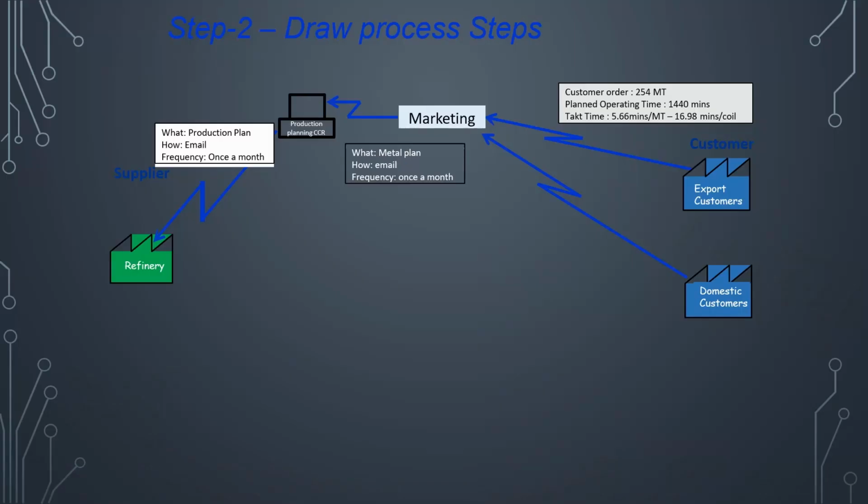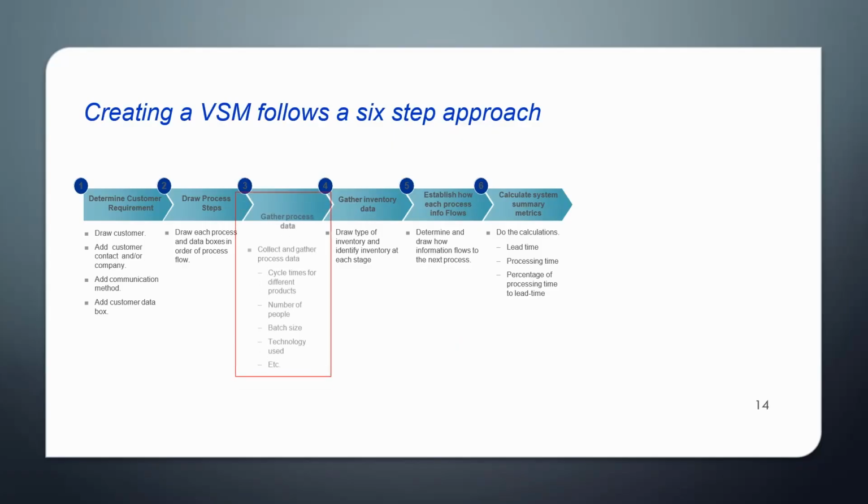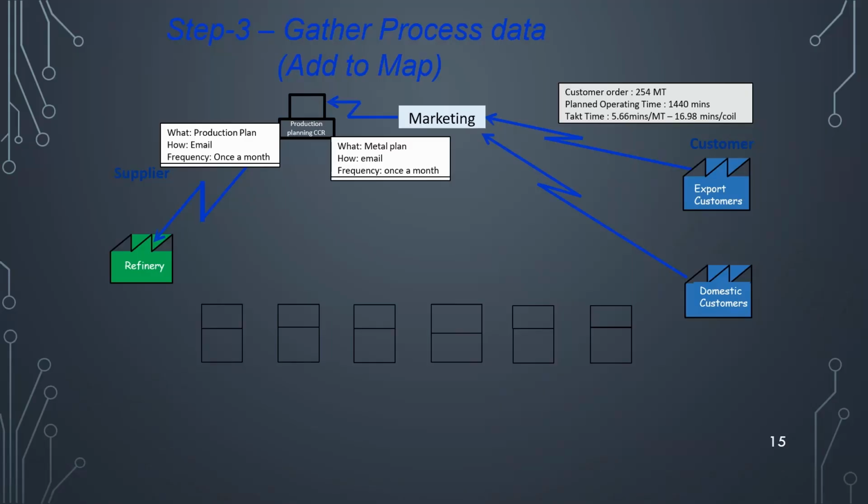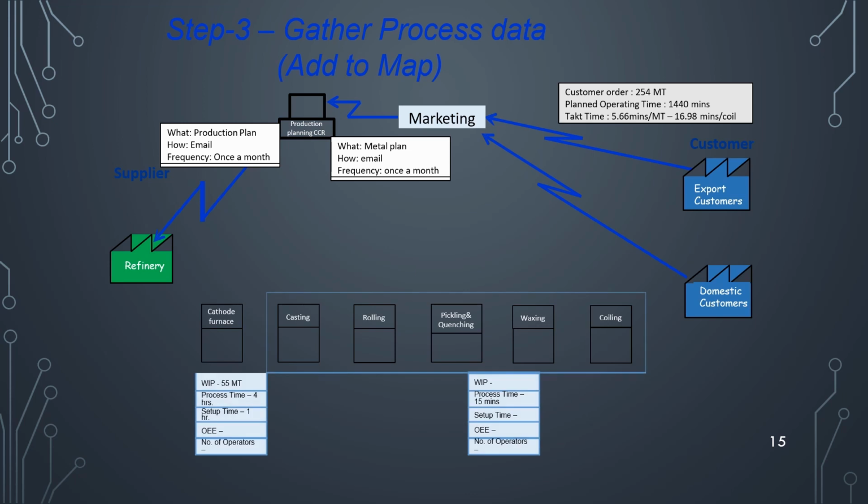The process flow for copper coil manufacturing involves cathode furnace, casting, rolling, quenching, waxing, and coiling. The third step is to gather process data, which involves cycle times, number of people, batch size, technology used, etc. Here we have added WIP, process time, setup time, overall equipment effectiveness, OEE, and number of operators for cathode furnace